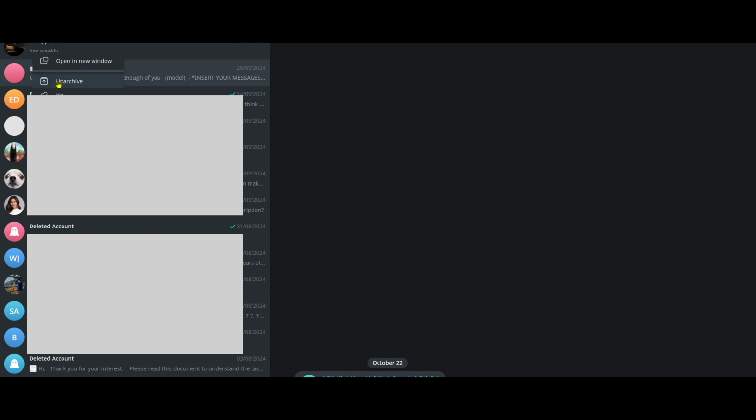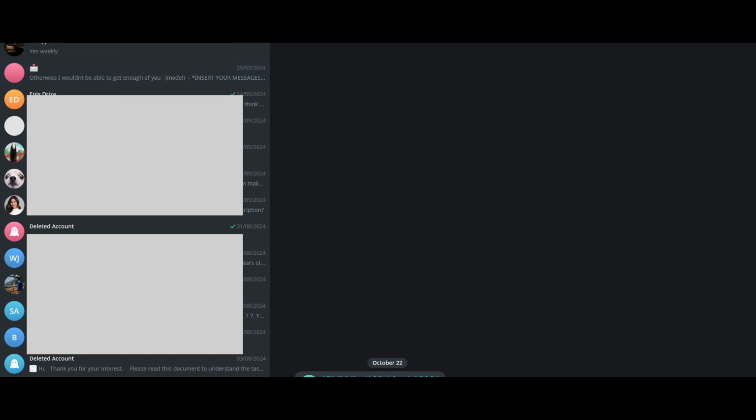Finally, once you've highlighted that lost conversation, look for the option to unarchive. This might be represented by an icon or clearly labeled, depending on your device. Tap on Unarchive, and just like that, the chat will move back into your main chat list, making it readily available whenever you need it. No lost messages nor forgotten conversations, just back in their rightful place as if they never left.